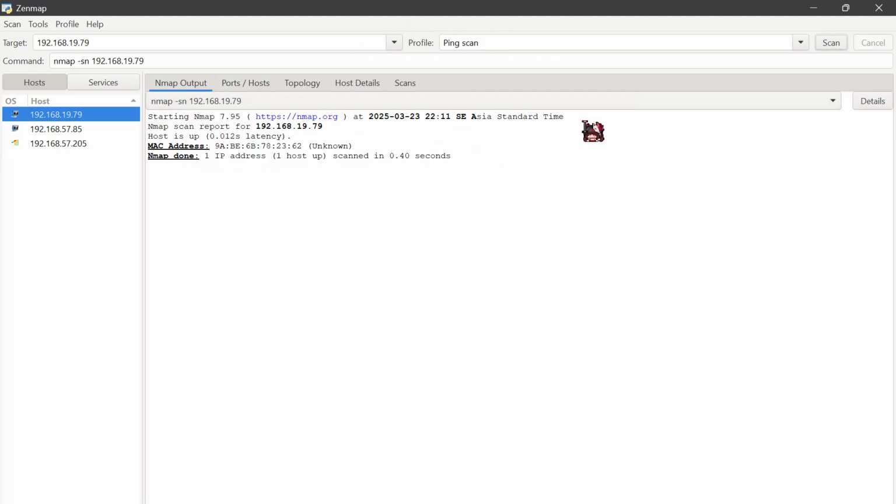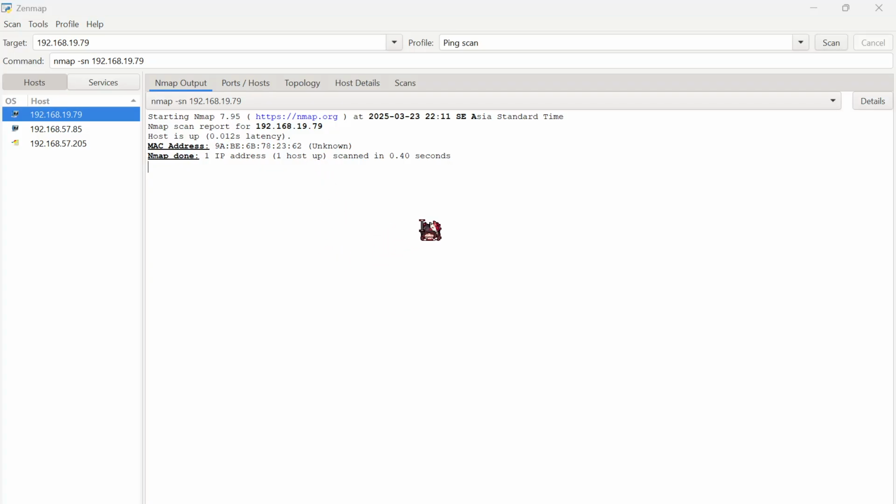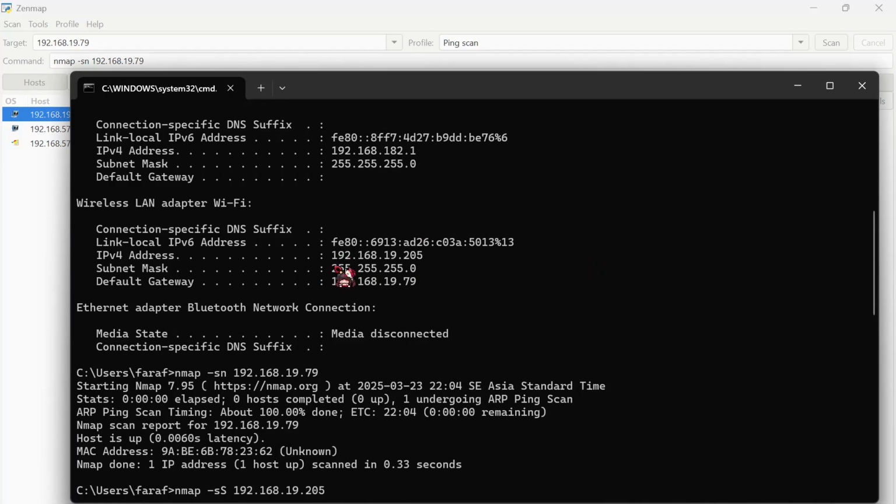Okay. As you can see, this scan checks if the target is active on the network without scanning ports. The command is nmap -sn. The -sn flag ensures that only ping requests are sent, avoiding port scan. Okay, then the next step, we use regular scan. In Zenmap, set the target IP to the IPv4. To do that, we can copy the IPv4 right here.